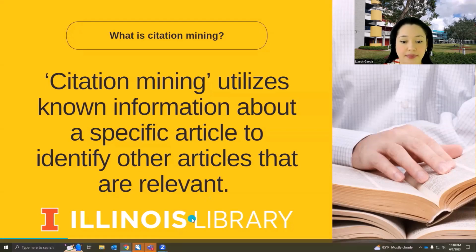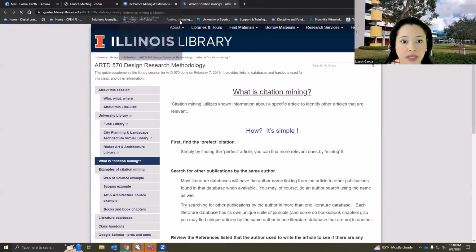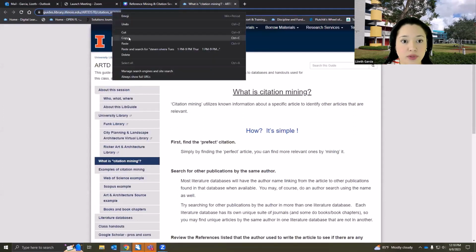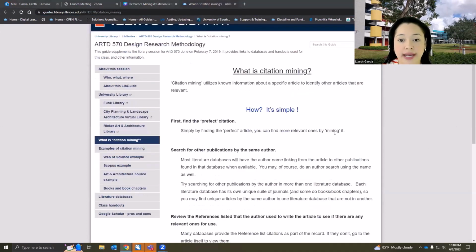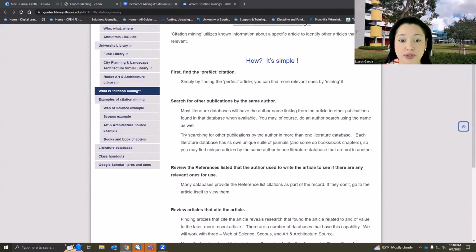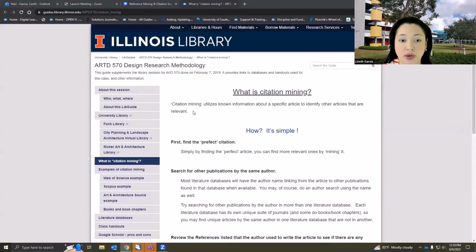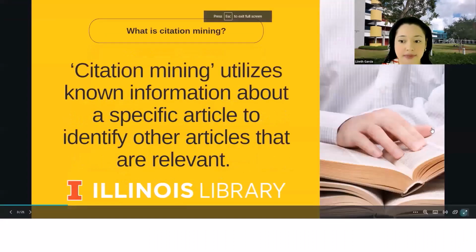And the Illinois Library has done a wonderful job of outlining this topic. I'm going to give you this link in the chat box so that you can look at it on your own time. This is our source, right? I've used some of these tips in the presentation, so be sure to look at the original source, which is the Illinois Library. All right, so coming back to the presentation,